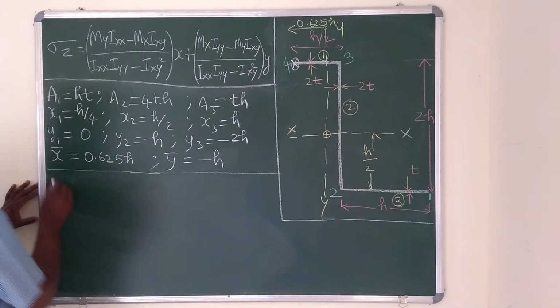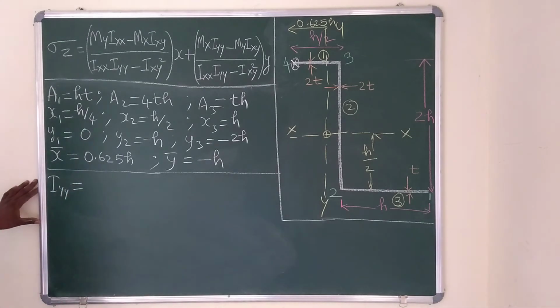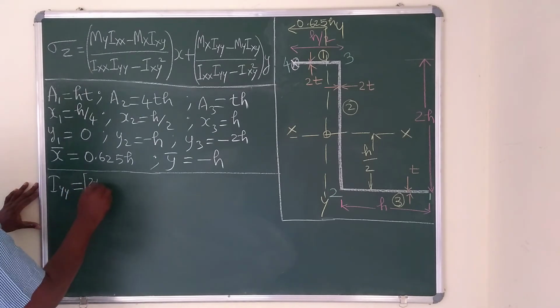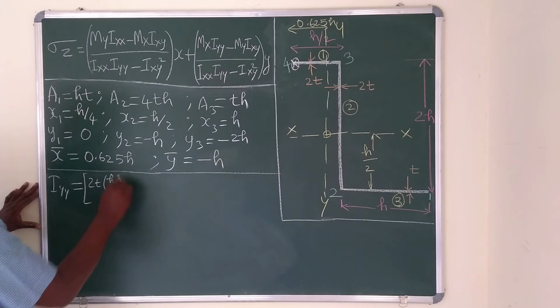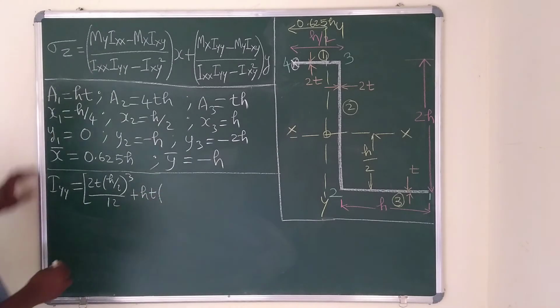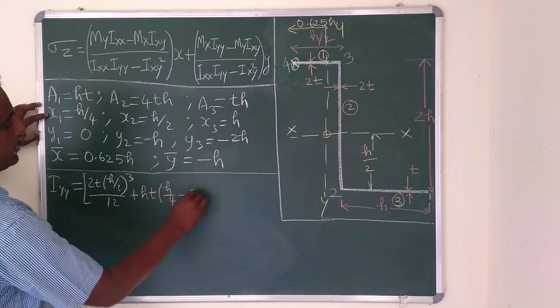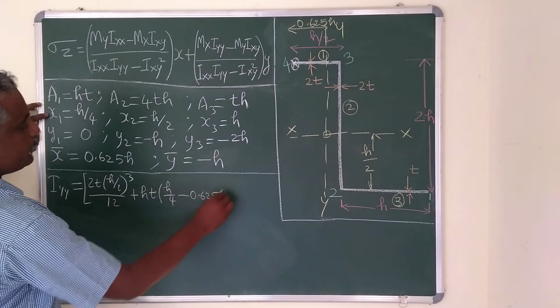Now Iyy for section 1: db cube by 12, which is 2t into (h by 2) cube by 12, plus the area of section 1, which is h into t, times (x1 minus x bar)